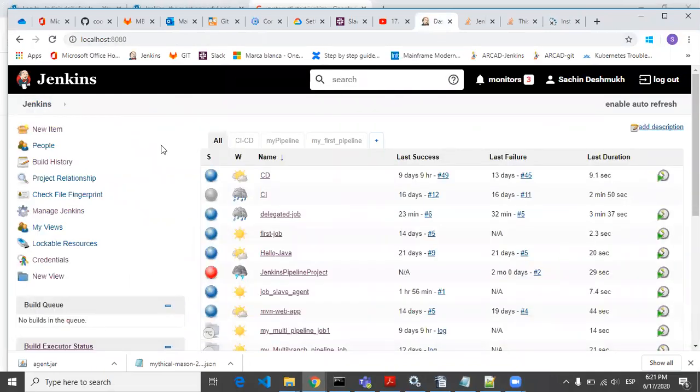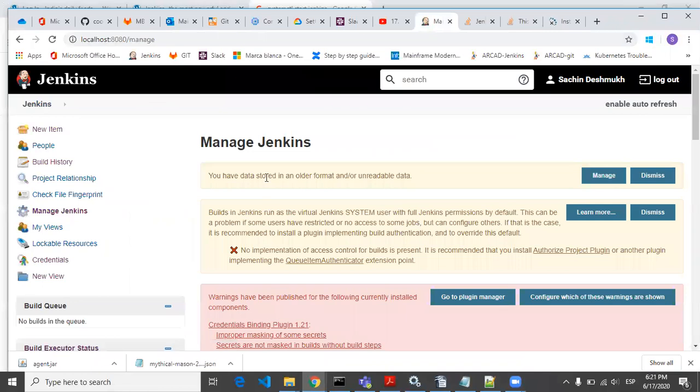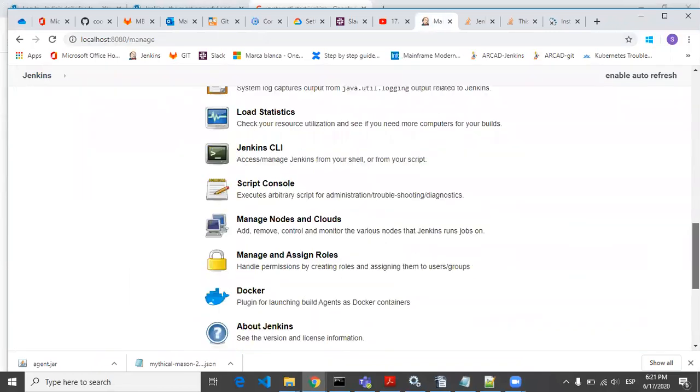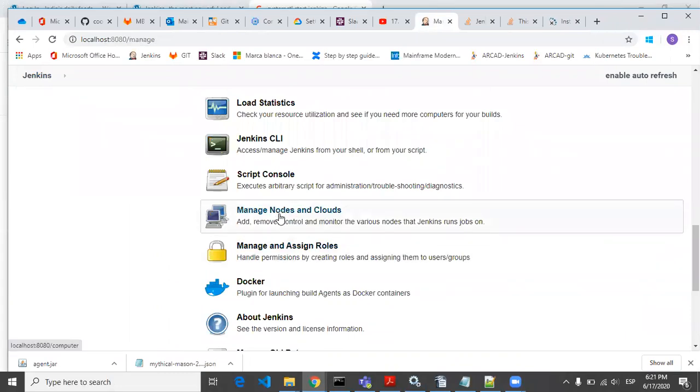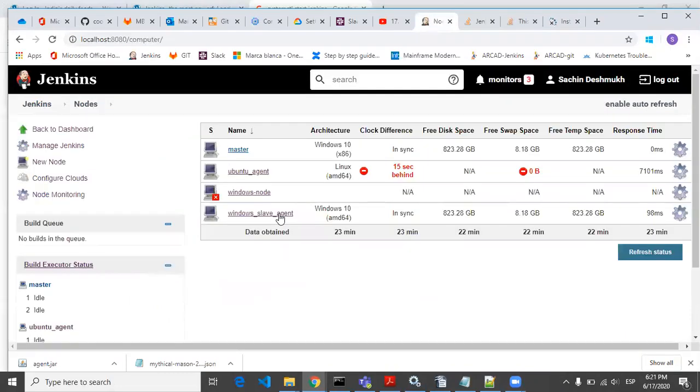In the Manage Jenkins section, there is a configuration section for manage nodes, this one, manage nodes and clouds. Here you have to go. By default, you will see the master node only. These are the three agents which I have created, which are treated as slave agents. So let's create a new node,